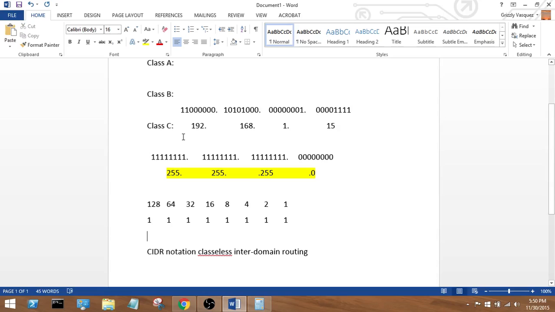So instead of saying, "Oh, my address is 192.168.1.15 and my subnet mask is 255.255.255.0," you say, "Oh, my address is 192.168.1.15/24." Okay, so the /24 is your subnet mask or your net mask,